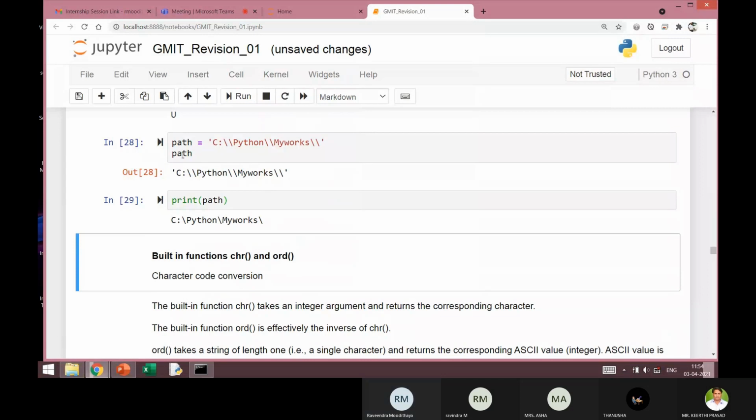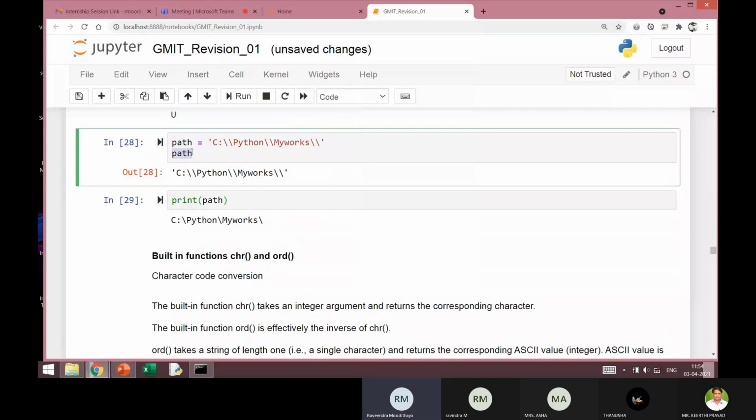Now in this case, I have not used a print statement here. I just typed the path. So the raw string is displayed. The raw value of this path is displayed. Whereas when I use it in a print statement, all these backslashes are interpreted. You can see that this double backslash amounted to only a single slash in the output. So is here. This double backslash has been interpreted by the print statement, and it has produced only one backslash in the output. But if I just say path, it will print the value of the path in the raw format.